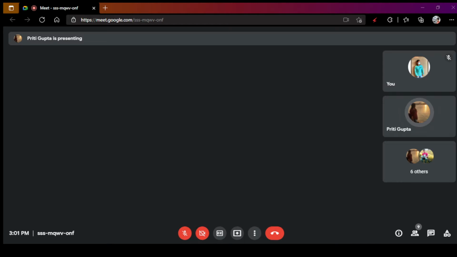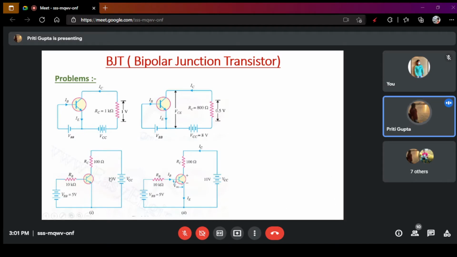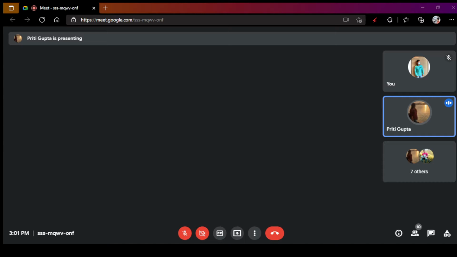I guess all of you have forgotten. If you have any doubt in your exam hall, just look here. Give a clockwise or anti-clockwise rotation inside the loop. I prefer anti-clockwise rotation. At first it is hitting the negative terminal, so minus VCC, then minus IC into RC, minus VCE is equal to 0. From there we get VCE is equal to VCC minus ICRC.